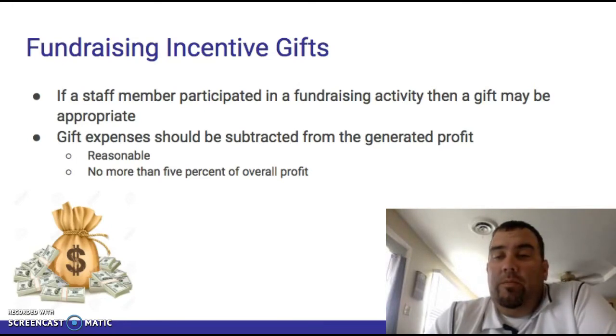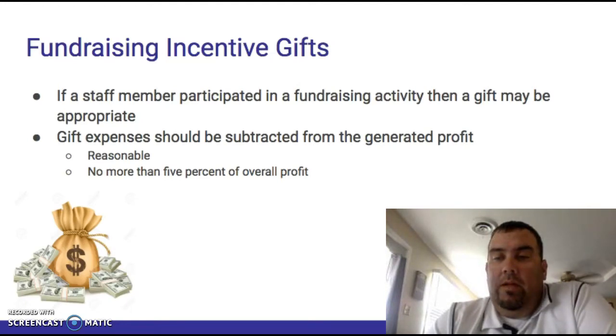Now, this needs to be reasonable. Again, I know I said it earlier, the example I used was, if I raise $500 in a fundraiser, I don't want to spend $500 on gifts for the kids. Or it wasn't a fundraiser, it was just money to make gifts for the kids, and we're still trying to create some type of funds. And anytime we're telling our community that we're raising funds for a particular object, we need to be sure that we get that object, or that we're working towards purchasing that object and not spending all of our money on rewards for the kids.